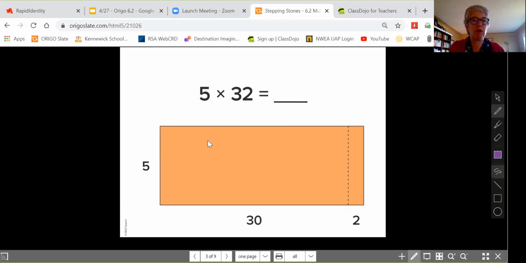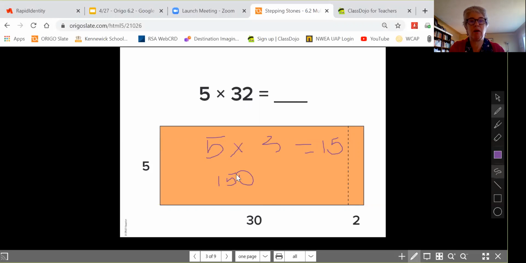To do 5 times 30, I'm going to use friendly numbers, 5 times 3. Well, I know 5 times 3 equals 15. So I therefore know that 5 times 30 equals